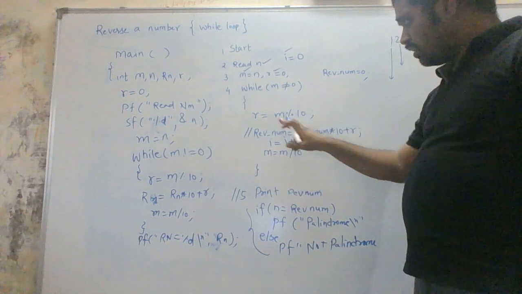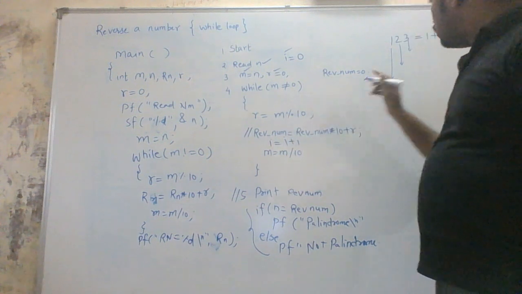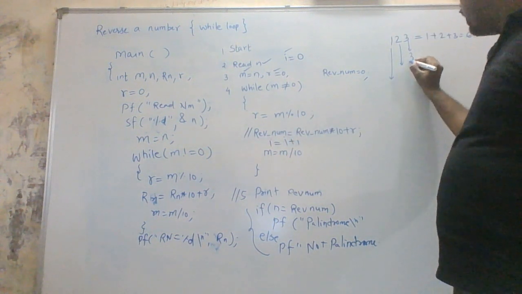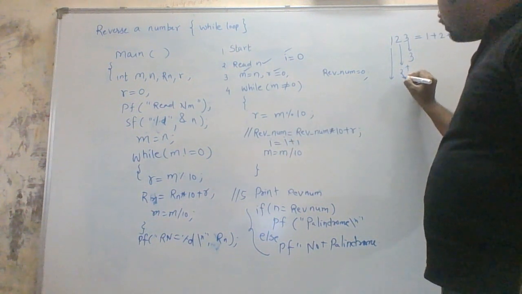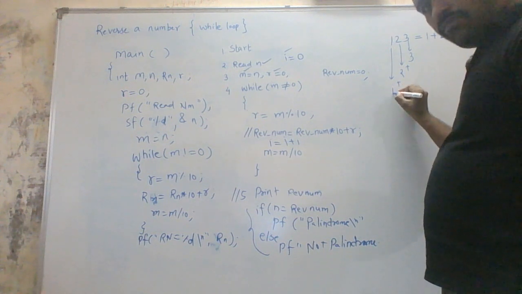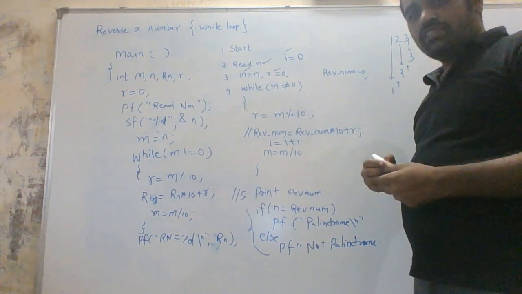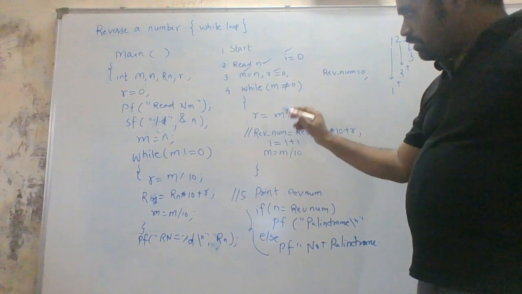In this particular block, the remainder is to be calculated. So in that case, what we are going to do is get 3, then that 3 we are going to add, and that remaining value we are going to add to the previous digits. So the same logic can be implemented over here.